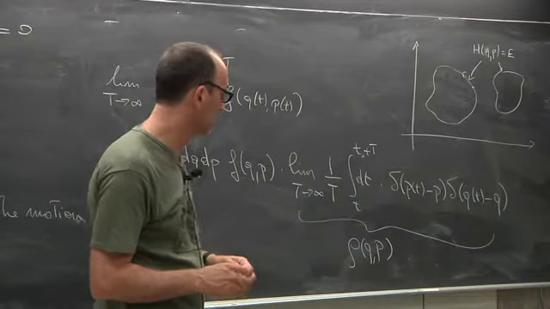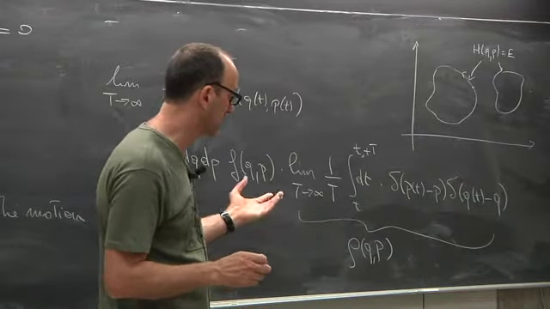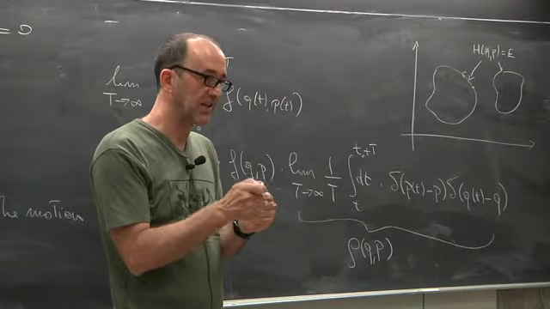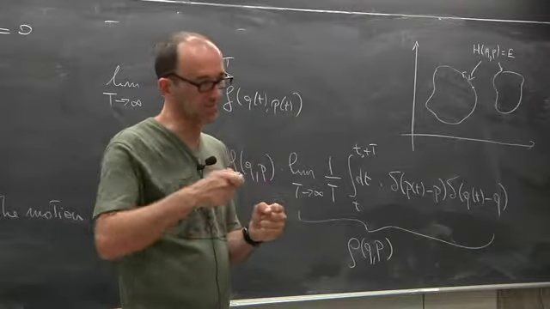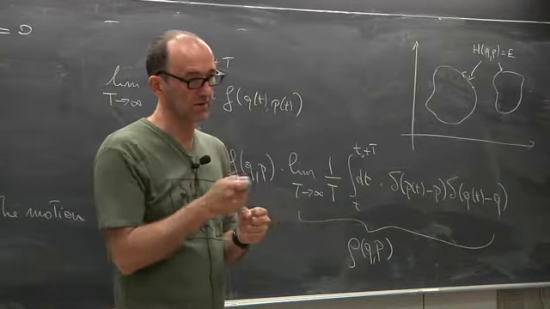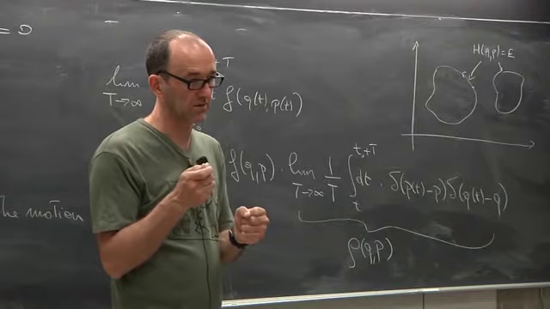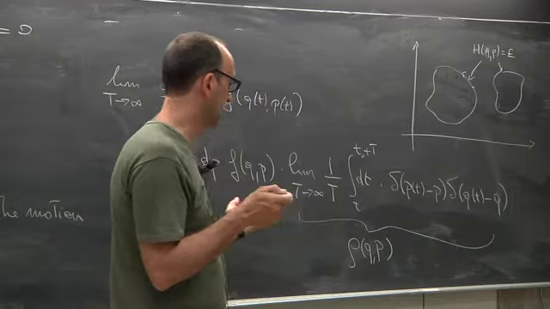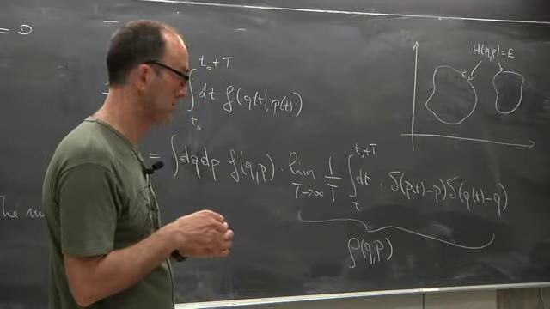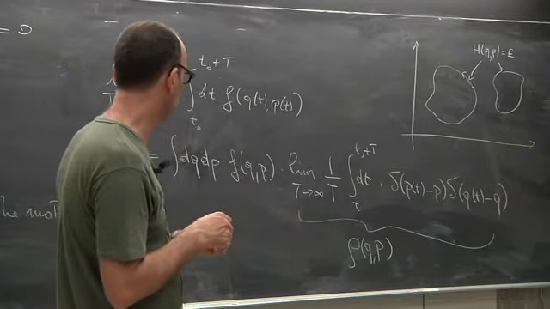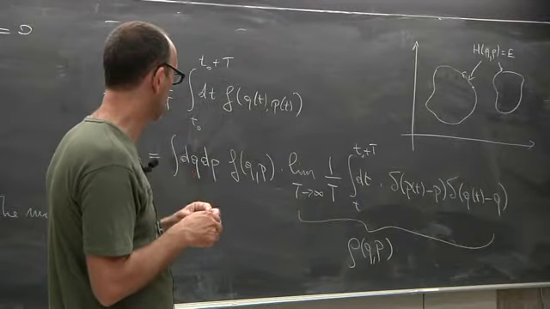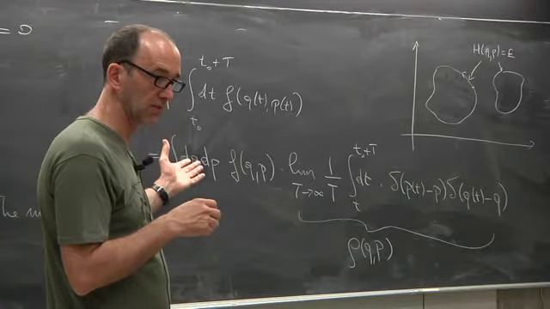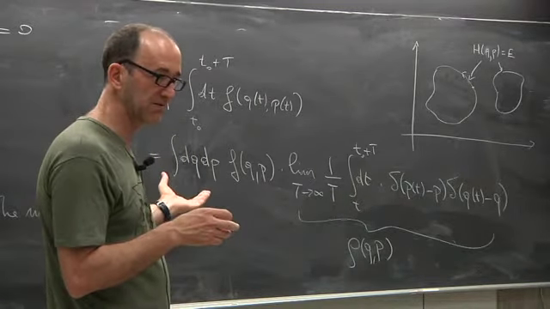So it's just that I sit on each point Q and P, and I compute the frequency with which the system passes by. And this is the way with which we go from one to the other. Is it more clear now?